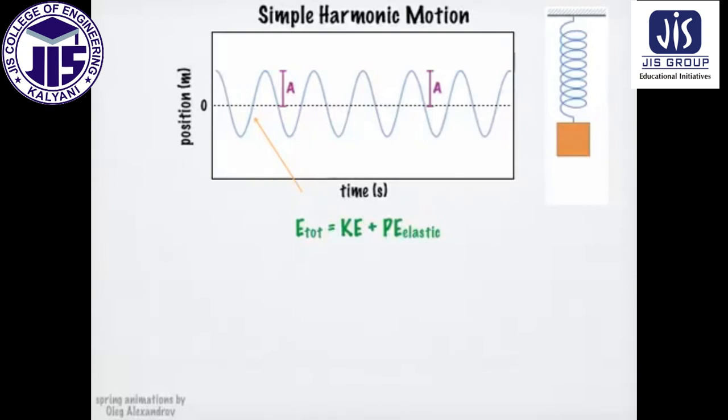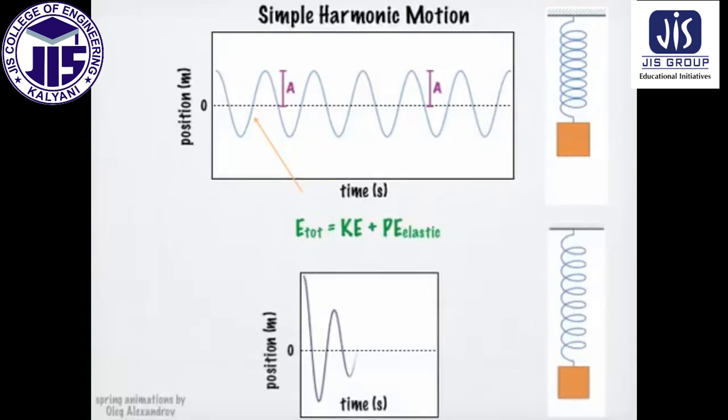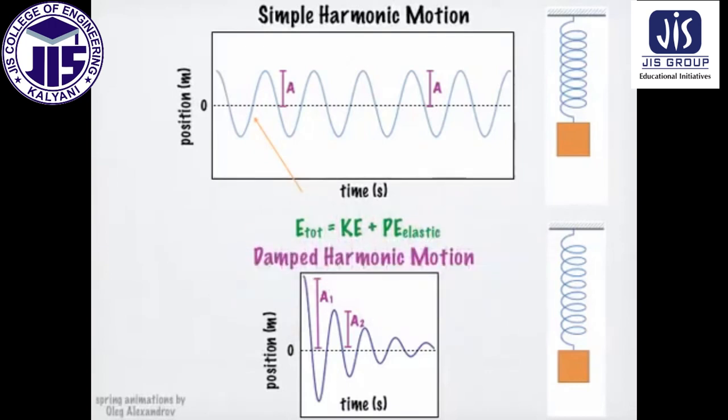In reality, though, there's friction in a spring. As a spring moves, some of its kinetic energy is converted into heat energy through that friction, so that a compressed spring will not stretch as much as it was compressed, and it will continue to store less and less elastic potential energy as time goes on, until it comes to rest at its equilibrium position again. The amplitude is not constant in this type of motion. This type of motion is called damped harmonic motion, where the damping is the decrease in the amplitude of the motion over time.